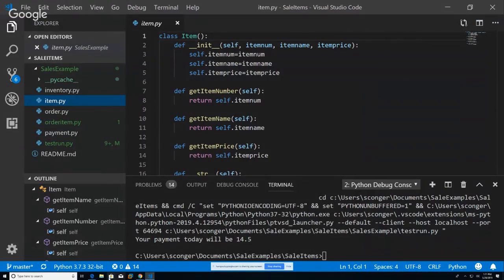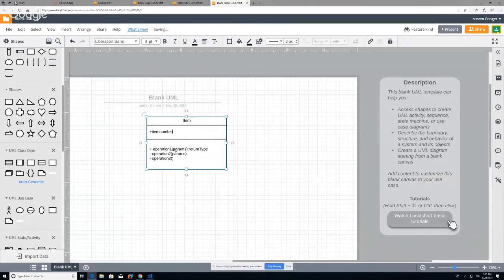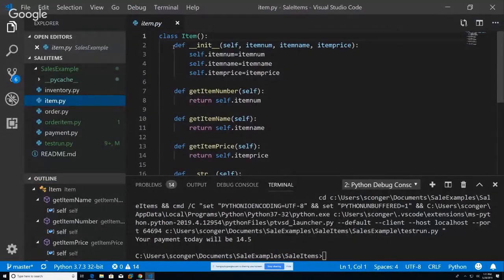So if we go back, item number, and you don't have to give these data types, although you could. Item name and item price. So those are the fields, right? And they get directly translated here. Now you should do the diagrams before you do the code, although a lot of times in real life they do go backwards,